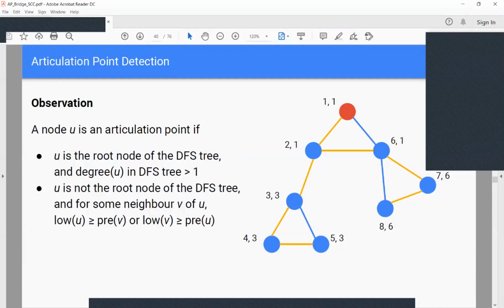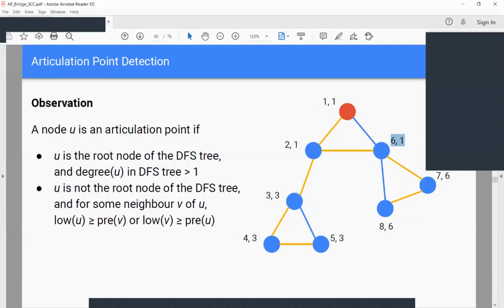In the case here, we don't have that, right? But the point is that, for example, if this bottom edge of the triangle was not there, then the degree would be greater than 1, and this root node would be an articulation point, right? But that's not the interesting case. So what you should look at is, for example, this node here, 6, 1, right? It's 6, 1 versus the rest of the nodes. So you look at all its neighbors, right? And you would see that, for example, the low link number here,